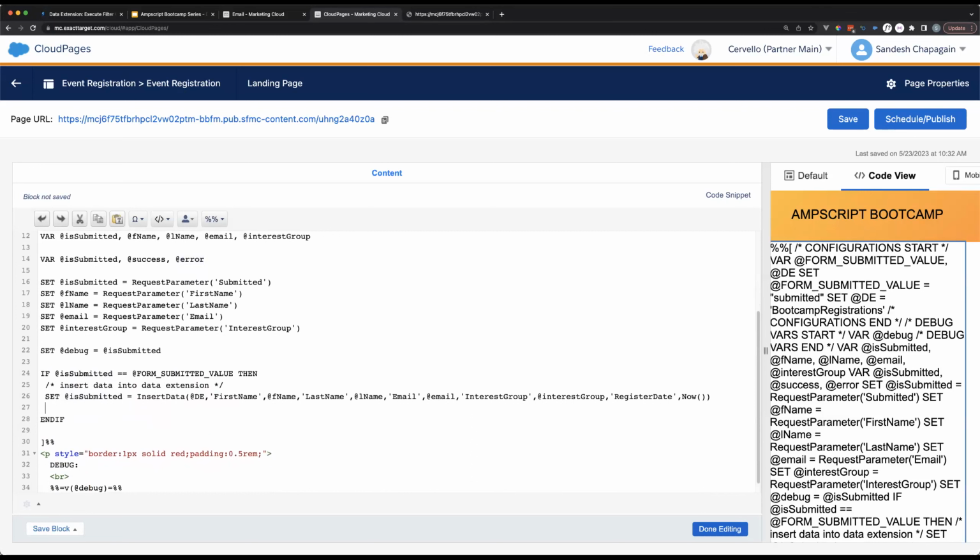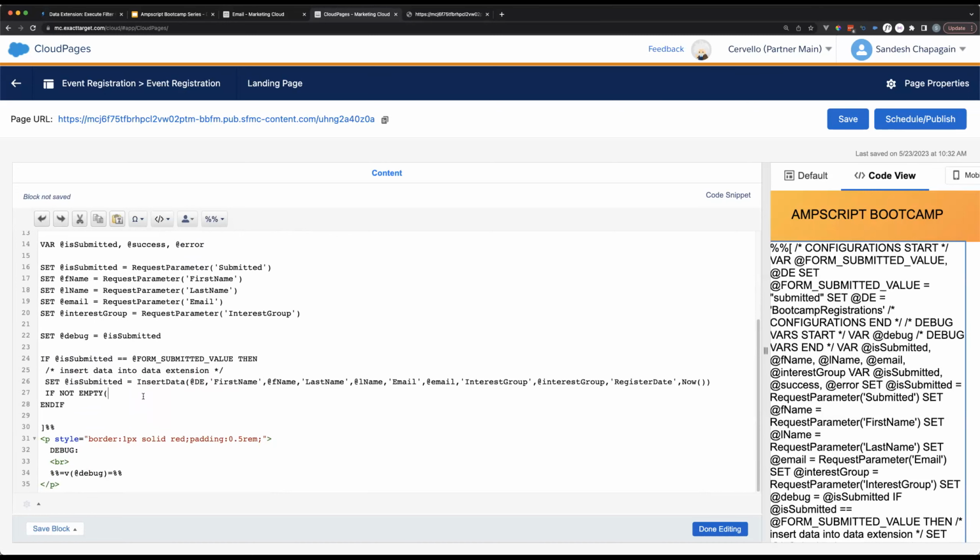Now we can write a quick check here. If not empty, we remember this from last session. This is a great review. If is submitted is not empty, then we can set a success message: you have successfully registered and see the event.